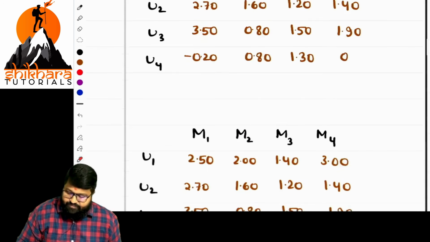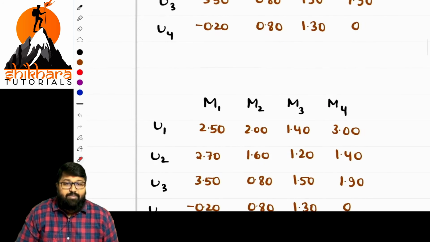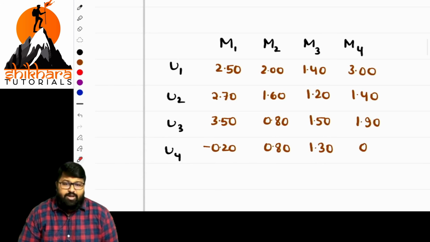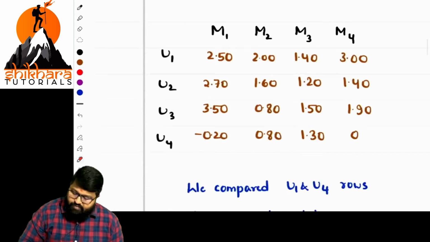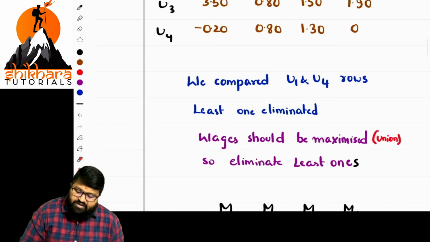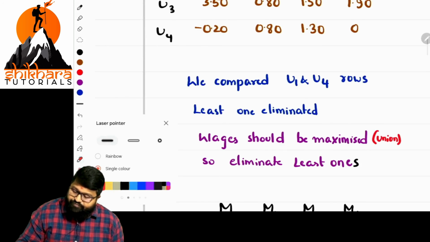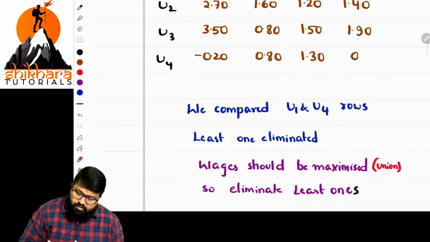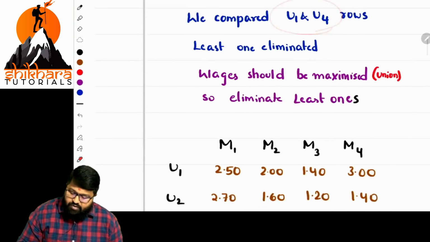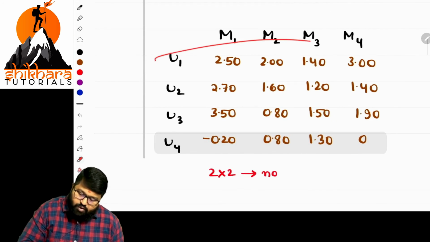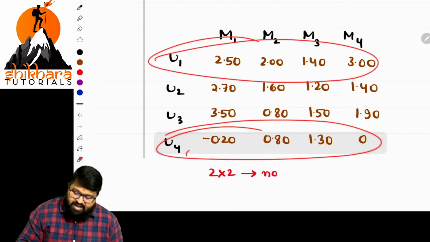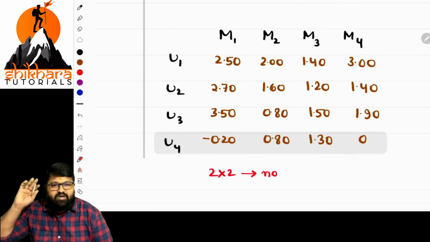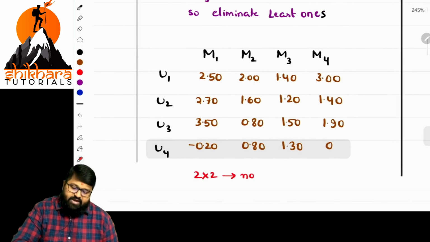If it is done, next. Sir, I am repeating those things again and again. You need not repeat. You can solve everything in one step. So now, what are the values? What are the rows compared there? The rows are U1 and U4. When you are comparing U1 and U4, U1 compared with U4, as they are having least values, it is eliminated. Fine. Now, what about next thing?